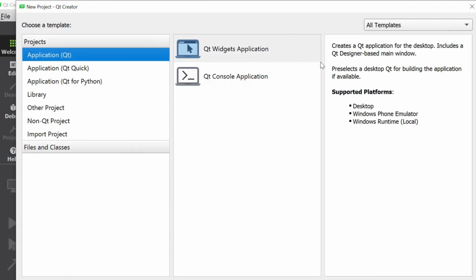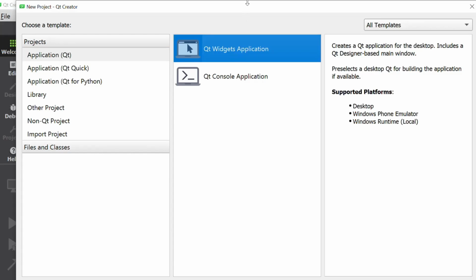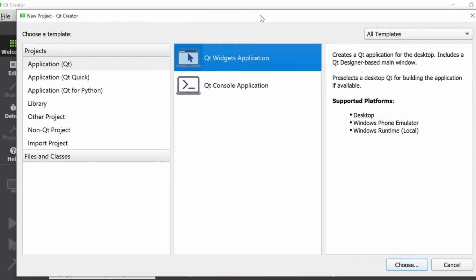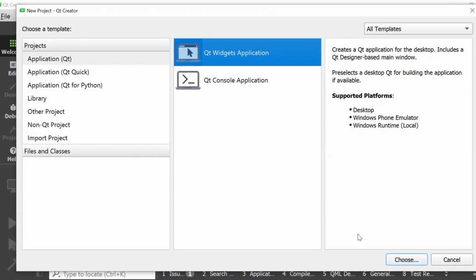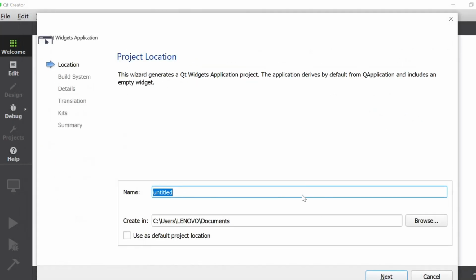Okay, so I will click here and then I will select Qt Widgets Application. Then I will decrease the size of this window so that I am able to see these two buttons. So I will click this choose button, and after it I have to give a name to my project. So user authentication. Okay, and after it, this is the default path where I have to save my project, but you can change it by clicking on this browse button, and I will go along with this default